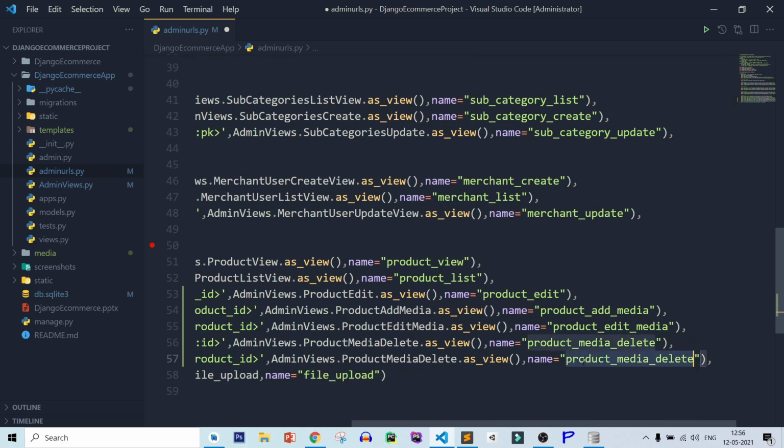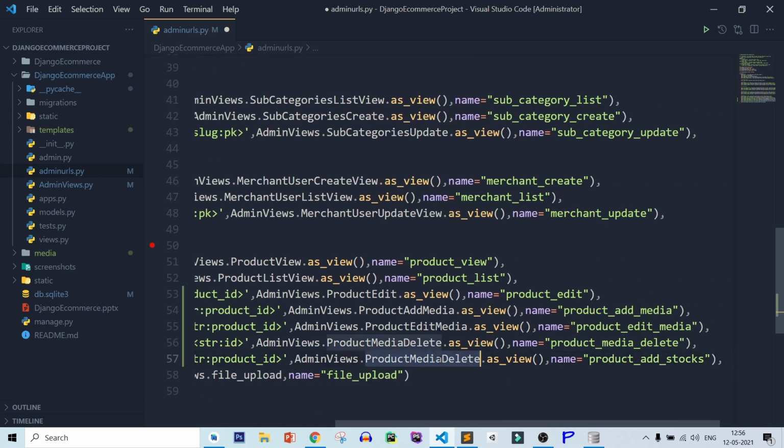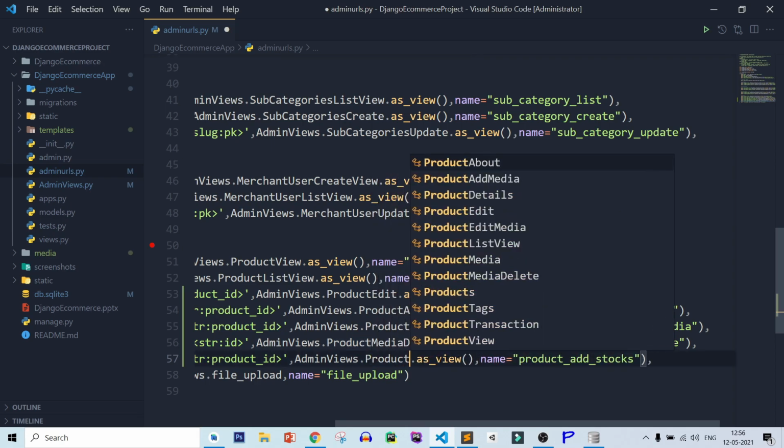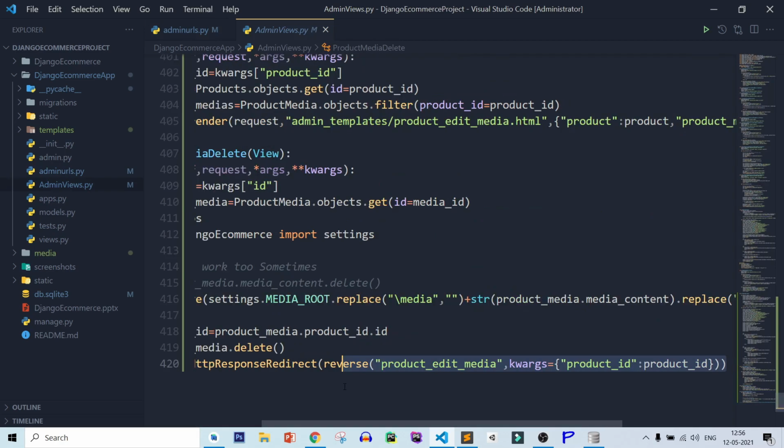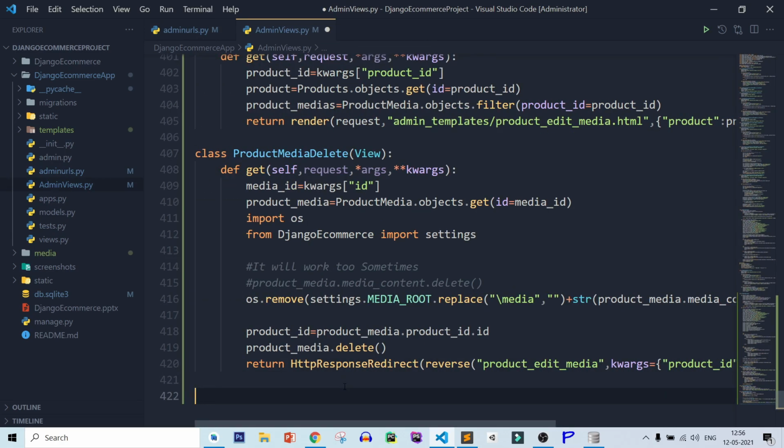Copy add stocks, paste here, media product add stocks. Let's copy the name, save it, open media delete, then create a class.